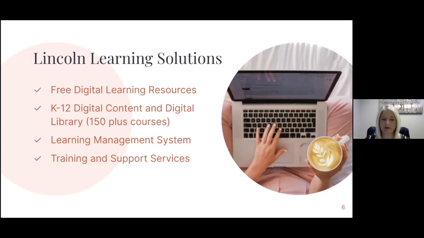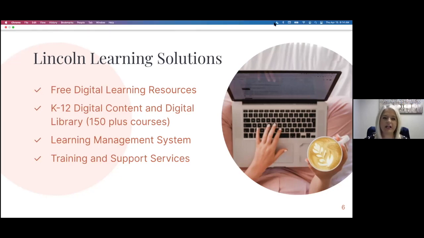As Mel mentioned, the resources being provided include the K-12 digital content and a learning management system. The digital content you can think of as a digital textbook. It can be used in a face-to-face setting and in a virtual setting.